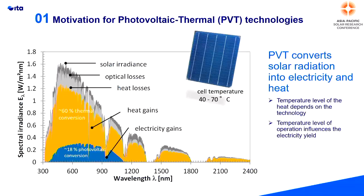So photovoltaic thermal technologies appear to be a promising technology to harvest part of the solar energy that is otherwise lost in PV panels as losses. PVT converts solar radiation simultaneously into electricity and heat. The temperature level of the heat will depend on the technology, and the temperature level of operation will influence the electricity yield. Higher temperatures will lead to lower electricity yield, so there is a trade-off that will depend on the specific